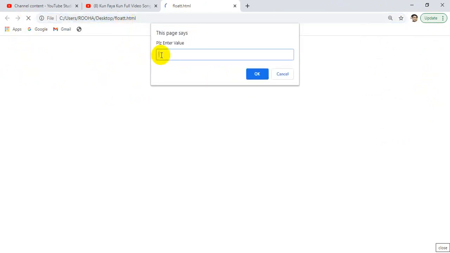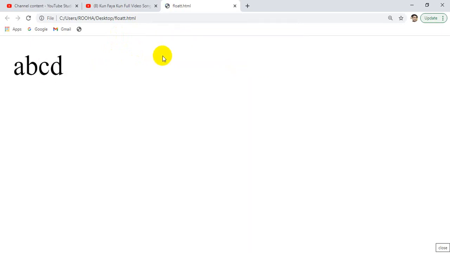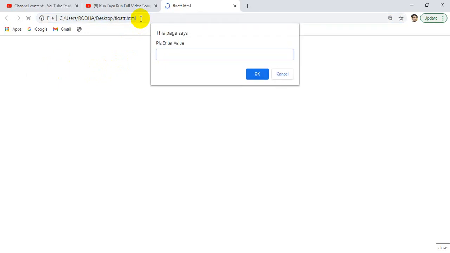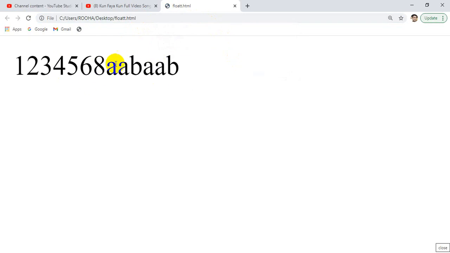Now again accept some more value. For example, you have written A B C D. Then click OK, you will get ABCD. It is a user panel where you can insert any value. That is the prompt, a refresh of the content we learned two days back, that the prompt function is used to accept values. So right now we have just done what we did initially. Whatever value you insert, it will display it, because we have written code like this. Whether you write 1 2 3 4 5 6 7 or ABC, whatever you want to write, it will just display.